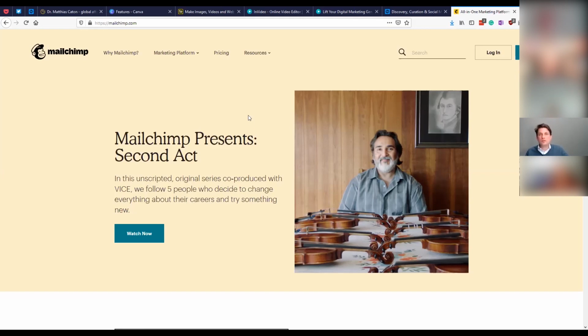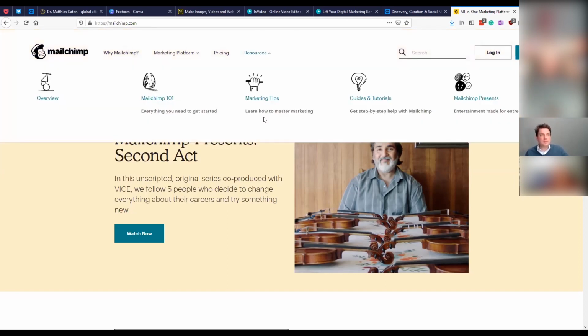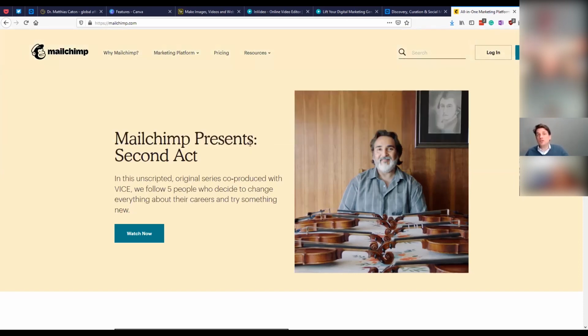If you don't want to use MailChimp anymore, you want to move it to another service, you can always pull the data off, upload it to another service, and then you're good to go. Something which does not happen on any of the other platforms. So you cannot just pull all the people who like your Facebook page out of Facebook and take them somewhere else. The platform will not let you do that.